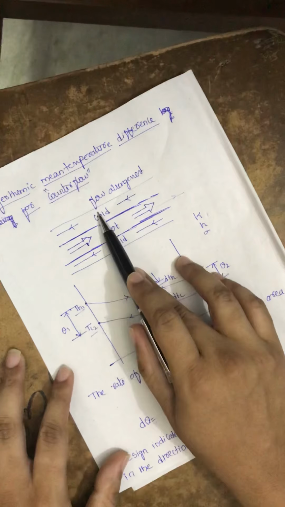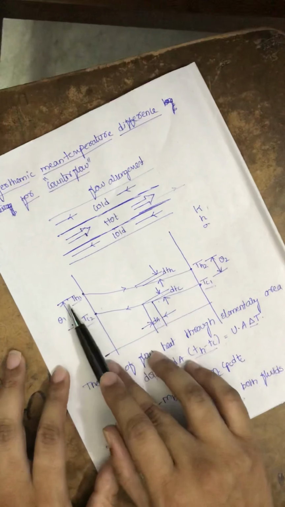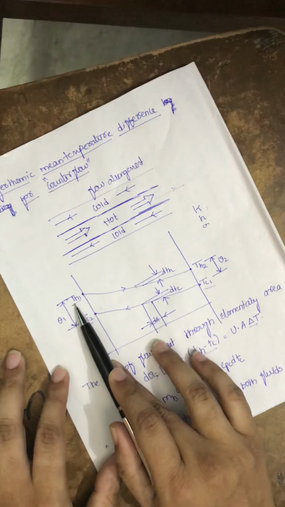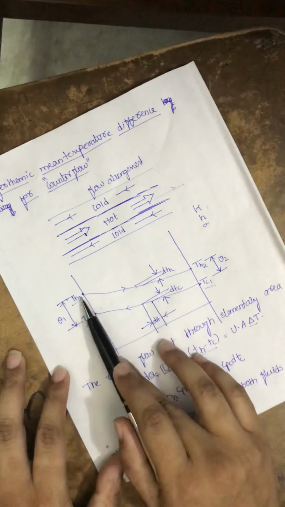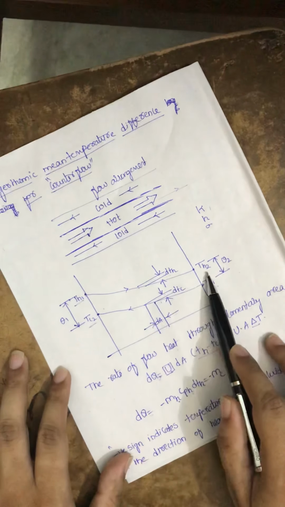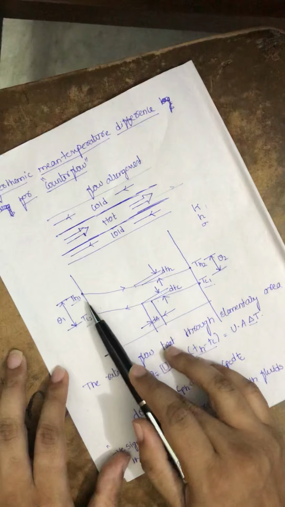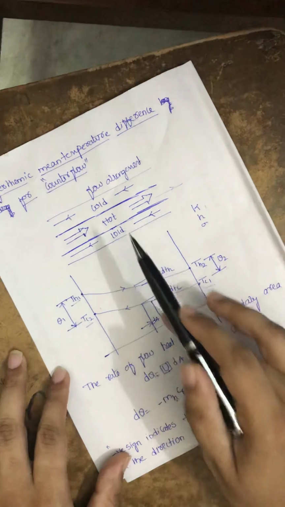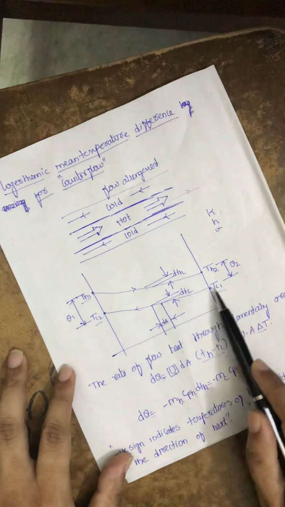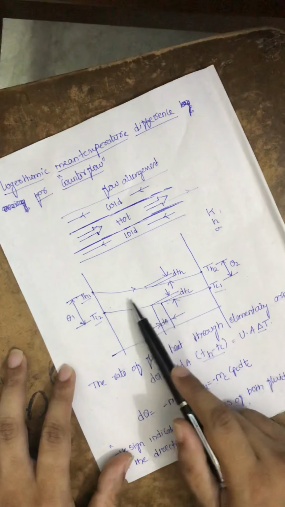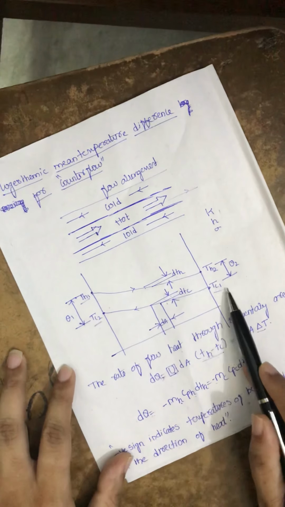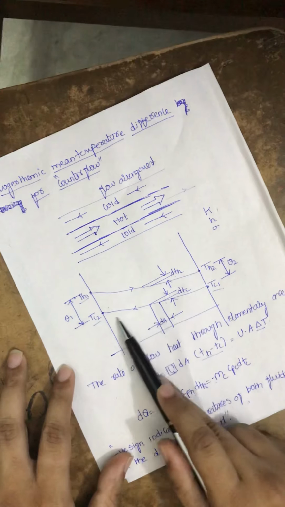This is a flow arrangement diagram. We are going to the area part. This is hot fluid inlet and this is hot fluid outlet. As the temperature of the hot fluid is decreasing because it is giving energy to the cold fluid, the graph is declining here. As it is counter flow, this will be our cold fluid inlet and this is cold fluid outlet. The heat given by the hot fluid is absorbed by the cold fluid, so its temperature goes on increasing.